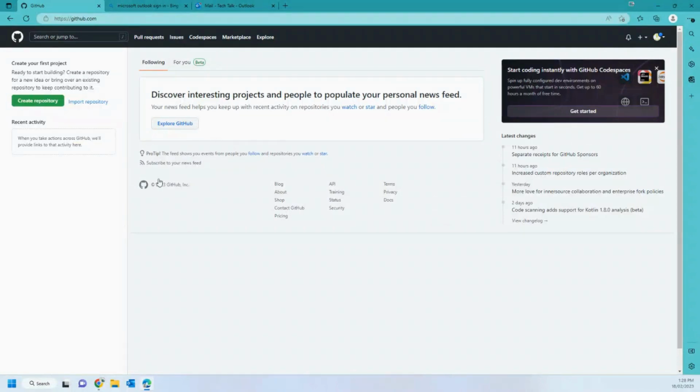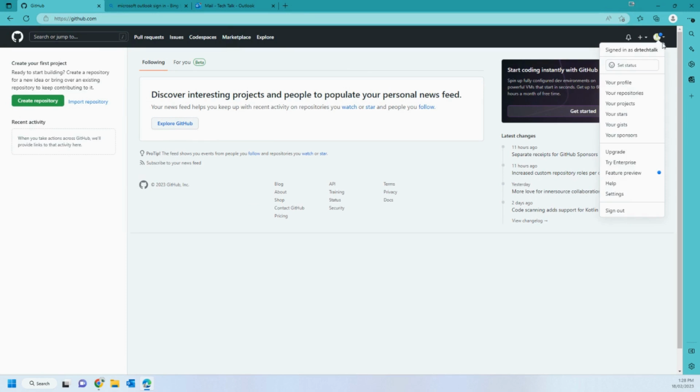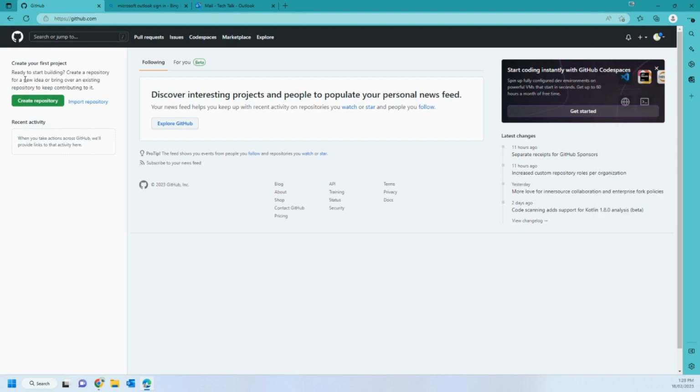how our dashboard looks like. I'm not going to go through all these tabs. I will get back to this if it's necessary, but just go ahead and browse through, just see what's around. Just check your profile, settings, and other parts. But what I will do now is I want to create my first project or my first repository. Just press create a repository here to